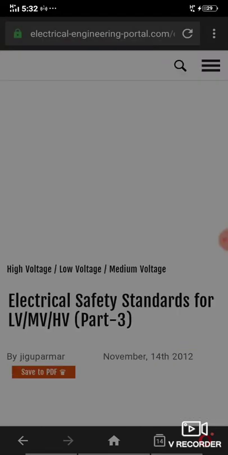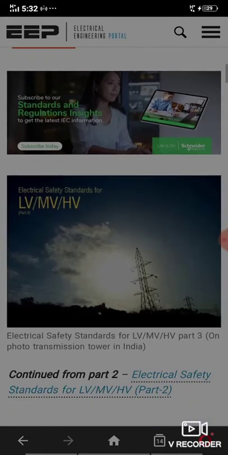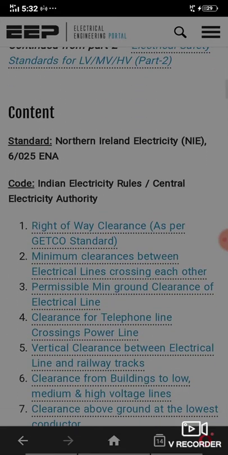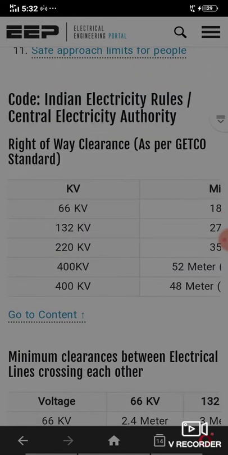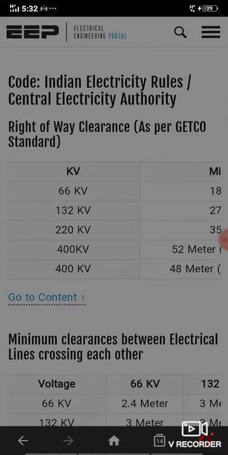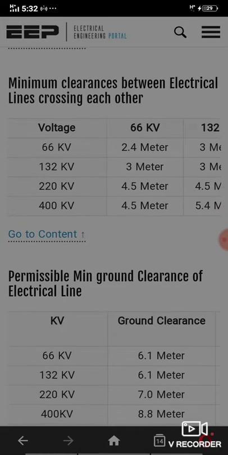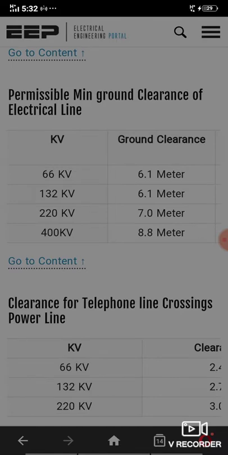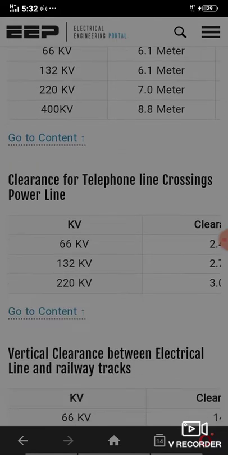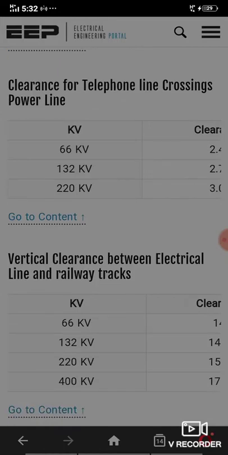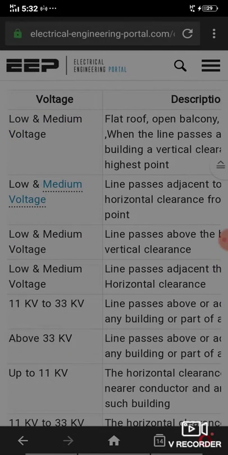LV, electrical safety standards for LV. So here, right clearance as per Indian rules, Central Electricity Authority, right way clearance as per CO2, minimum clearance between electrical lines, permissible minimum ground clearance of electrical line, clearance of telephone line crossing power line, vertical clearance between electrical line and railway track,